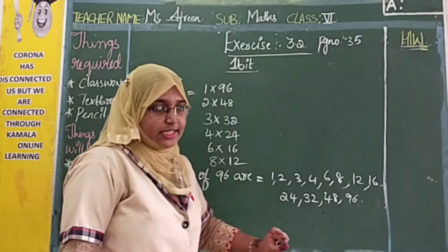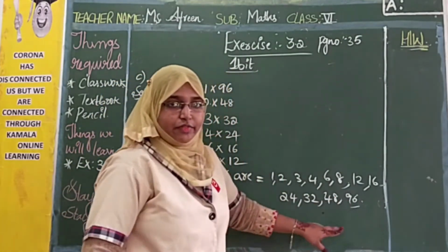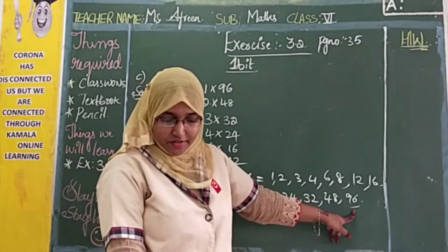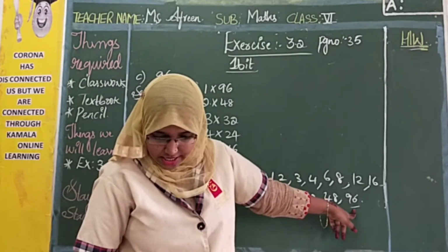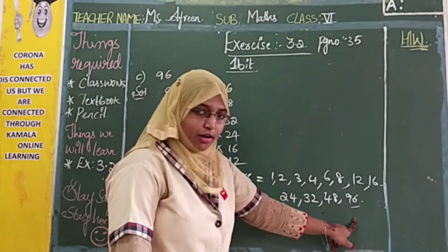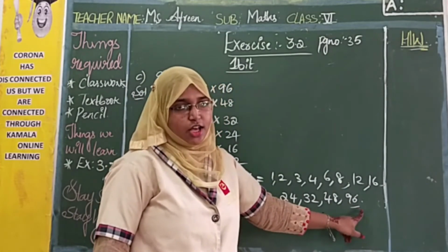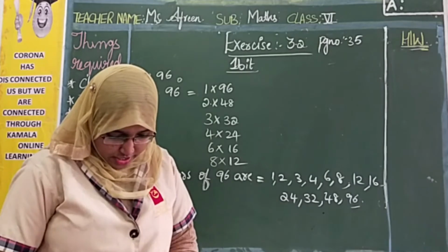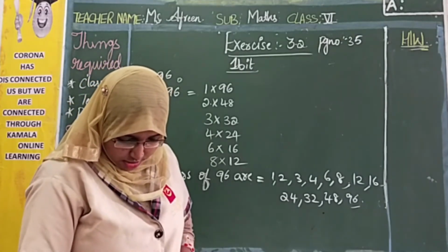48 and 96. Well, one of our points is very true here. See, the highest number is 96. What is our point when we have written factors? On page number 33, they have given that every number is a factor of itself. 96 is also a factor of itself and it is the greatest of the factors. Highest is 96, right? So that is very true. Now with the same method you can do the first and second ones, that is 36 and 23.